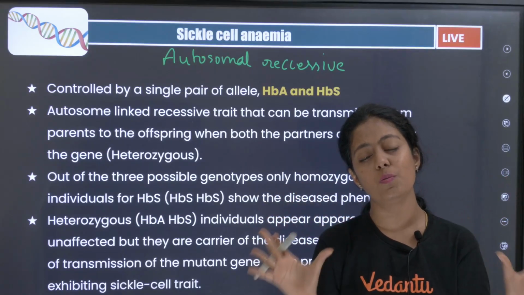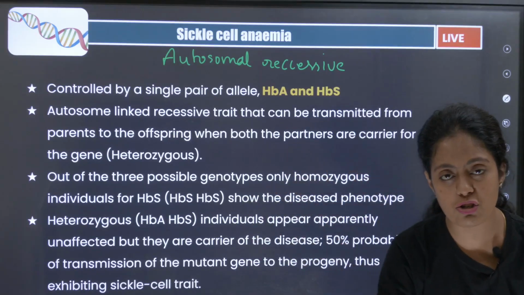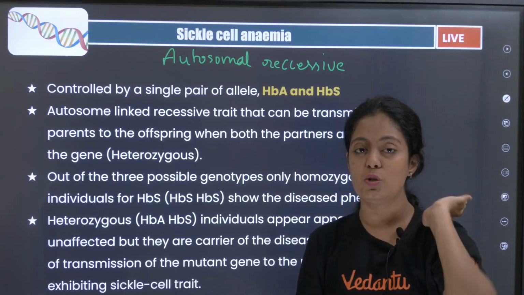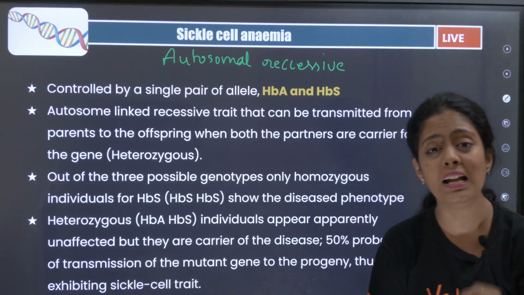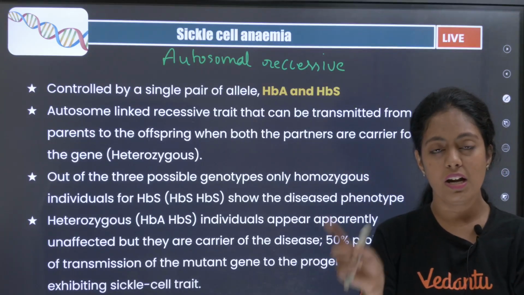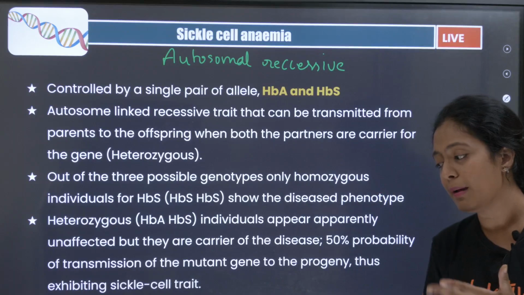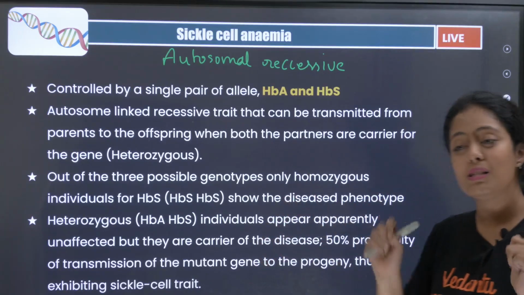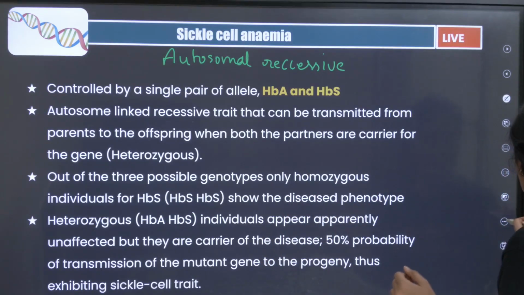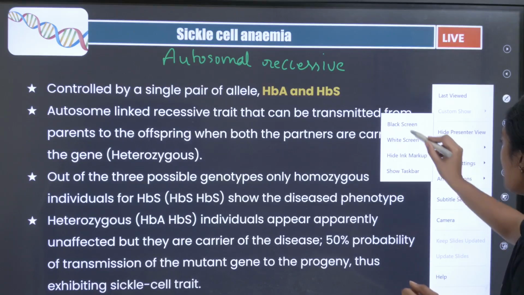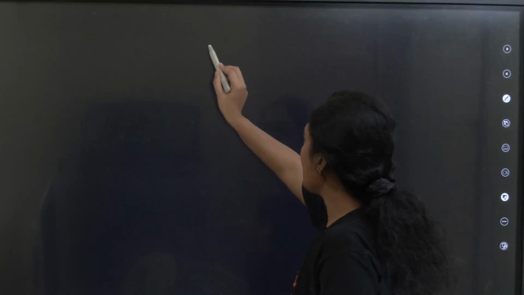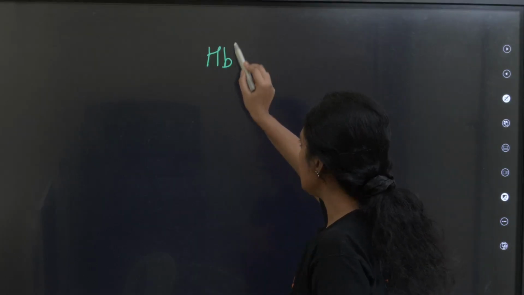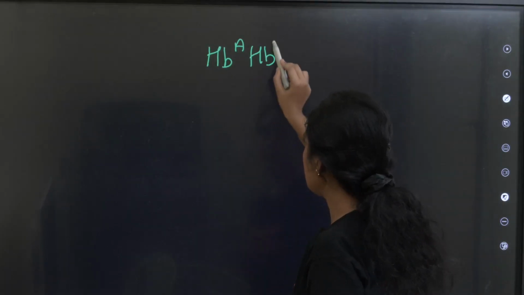Both the parents should be carriers, or both the parents should be affected, for a child to have the disorder. So ரெண்டு பேரும் கேரியரா இருக்கணும் இல்ல ரெண்டு பேரும் அஃபெக்டடா இருக்கணும் அப்பதான் இந்த டிசார்டர் வரும். Okay, phenotypes எழுதலாமா பசங்களா? So can we write the phenotypes, yes or no, please do let me know. Okay, so முதல்ல we have HBA HBA, this